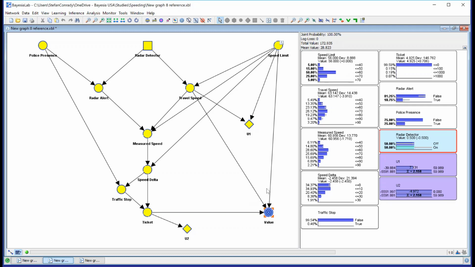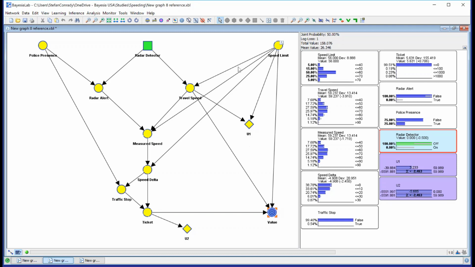So let's do that. Let's perhaps start with radar detector off. The value node in this case is simply a summary of the utility nodes. So the two individual utility nodes, if you sum them up, they would give you the value of this target node that I have created here. Just another way of representing it. And very often in BayesiaLab, you can do similar things with different methods. I could have used function nodes, for instance, and so on. There are multiple ways of dealing with this.